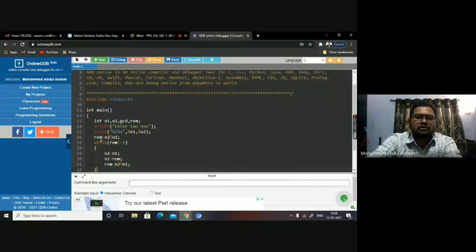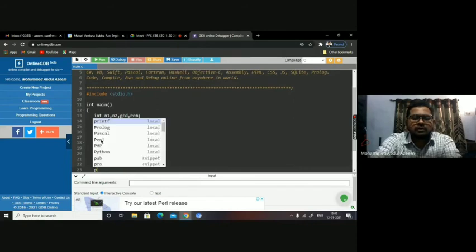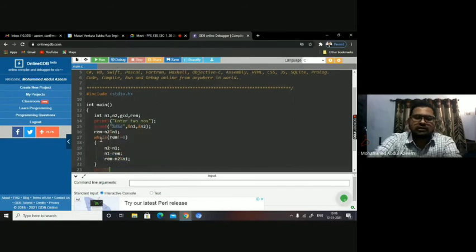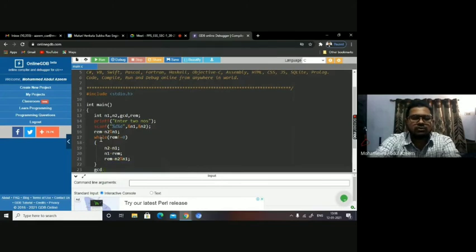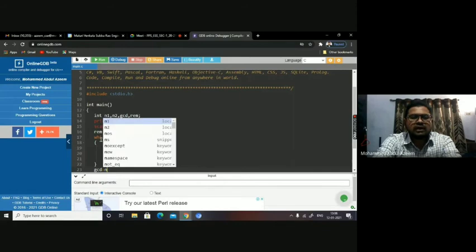Okay. Then you will be printing the result. The result is available in n1. You want to take the result in GCD first: GCD equal to n1.